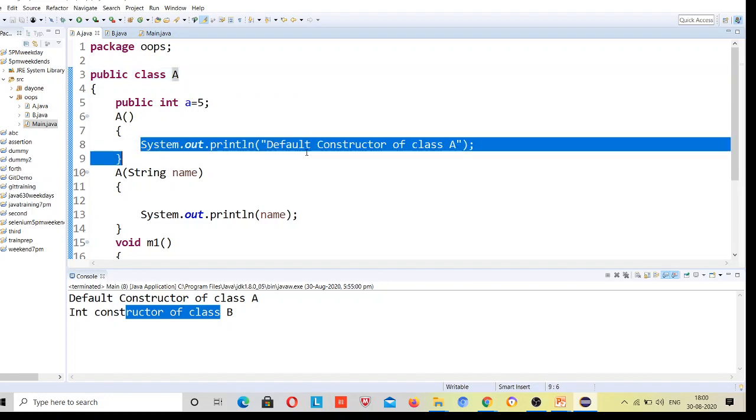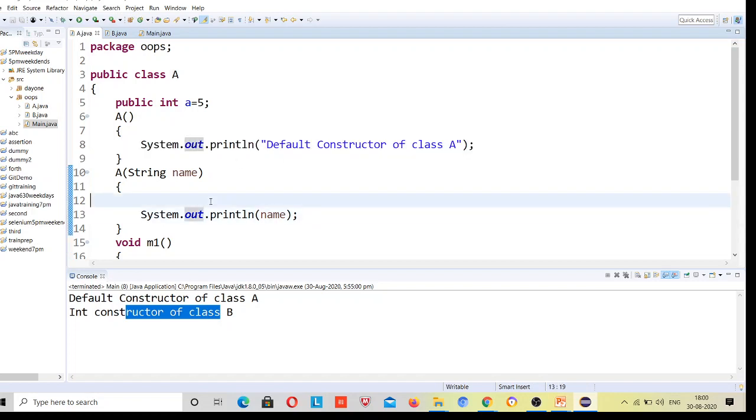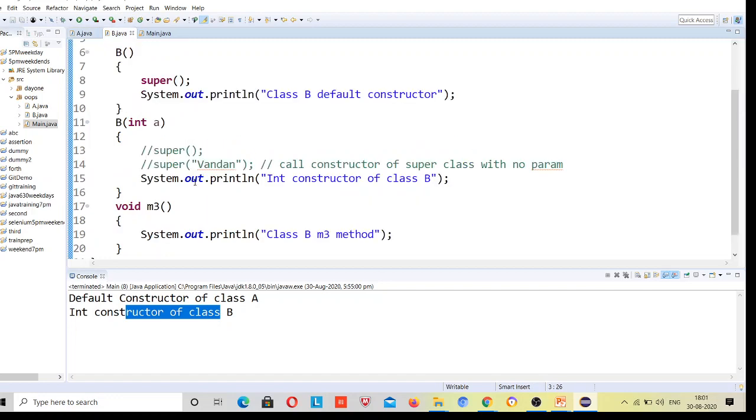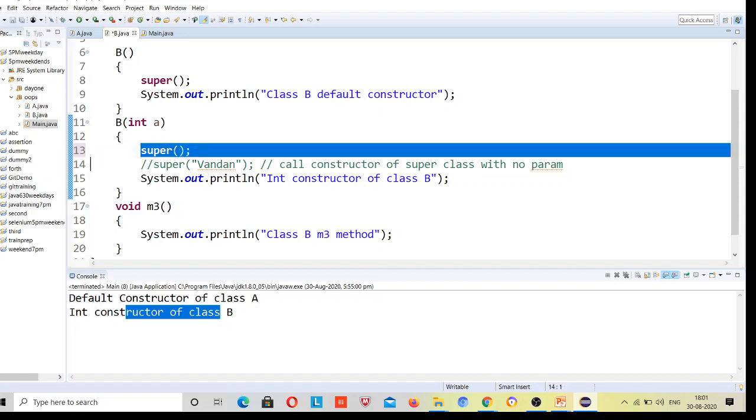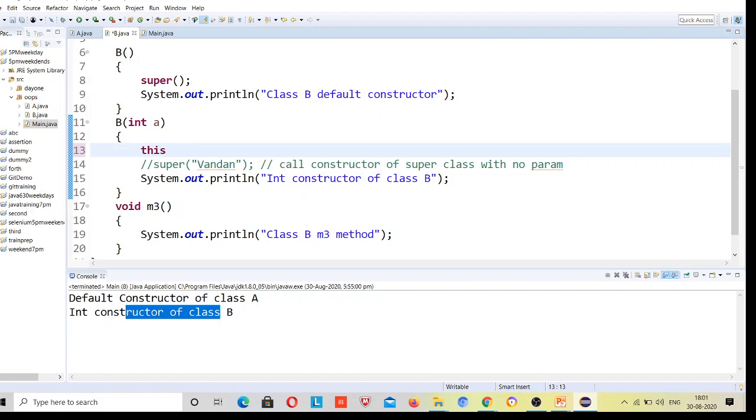Okay, so now this is your default constructor. So suppose I write this over here. If I write this here, there is a rule: this and super, both of these should be the first line of statement inside your constructor, right?